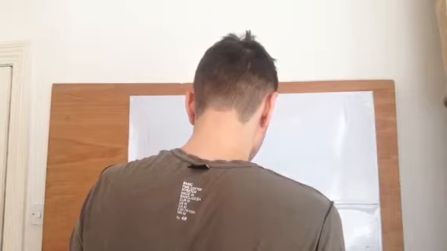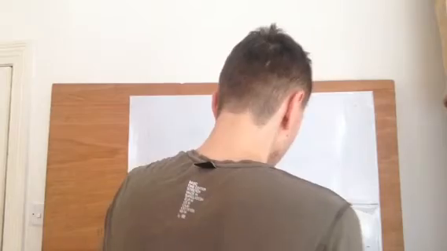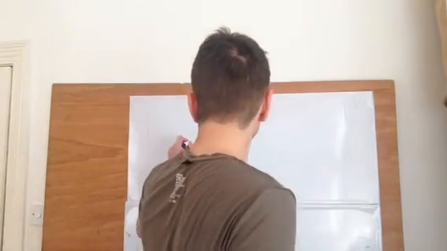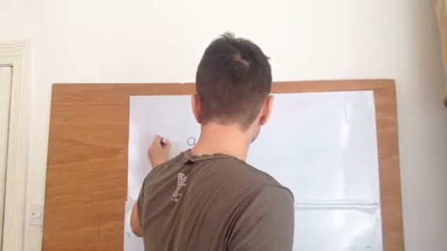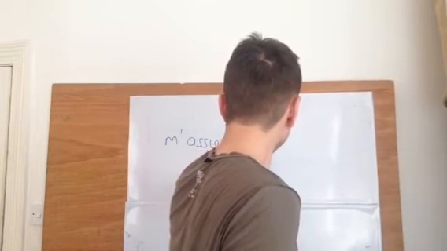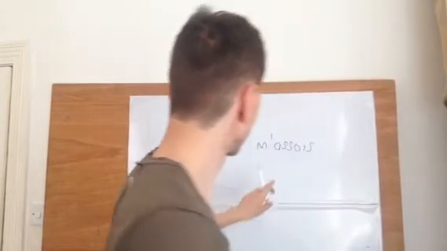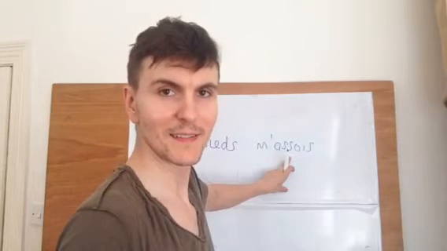Where are we? I was going to talk about it. Yes, I'm talking about that one first. So, let's have a look. So, je m'assieds, je m'assois. Now, those of you that have done the subjunctive, if I asked you to list the